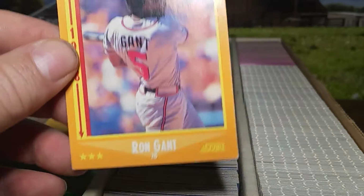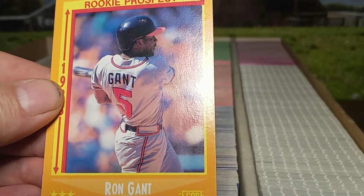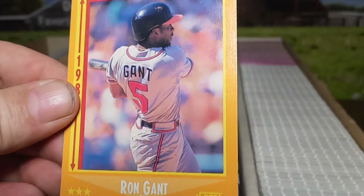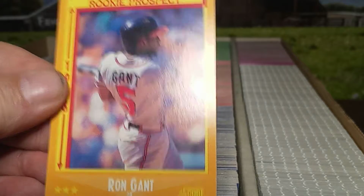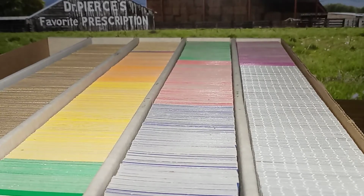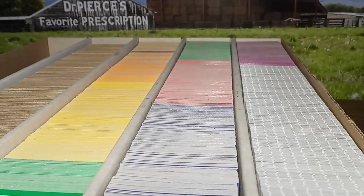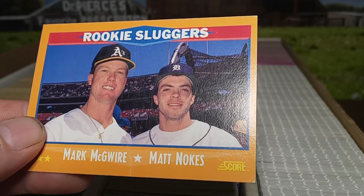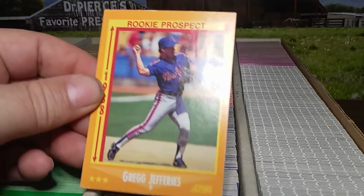Ron Gant, rookie. He had a decent career. Braves just won the World Series. Those are pretty nice. Some more of those other cards. Mark McGwire, Matt Nokes. Whatever happened to Matt Nokes? McGwire ended up having all sorts of home runs. Nokes, he had a bunch when he first started, and then I don't know what happened to him. These ones I just kind of pulled out for,